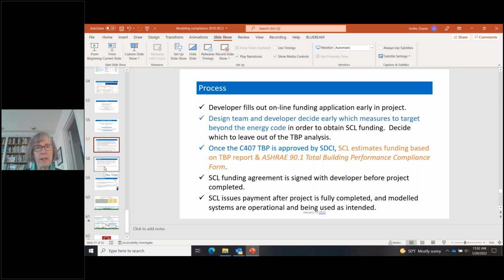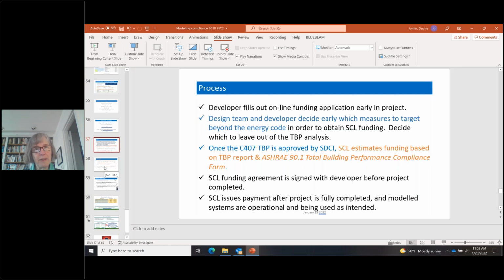And then once the total building performance analysis and study and compliance form are all approved by SDCI, then City Light gets a copy of their approved version from SDCI, and we calculate the funding amount. An agreement is signed then between Seattle City Light and the developer.